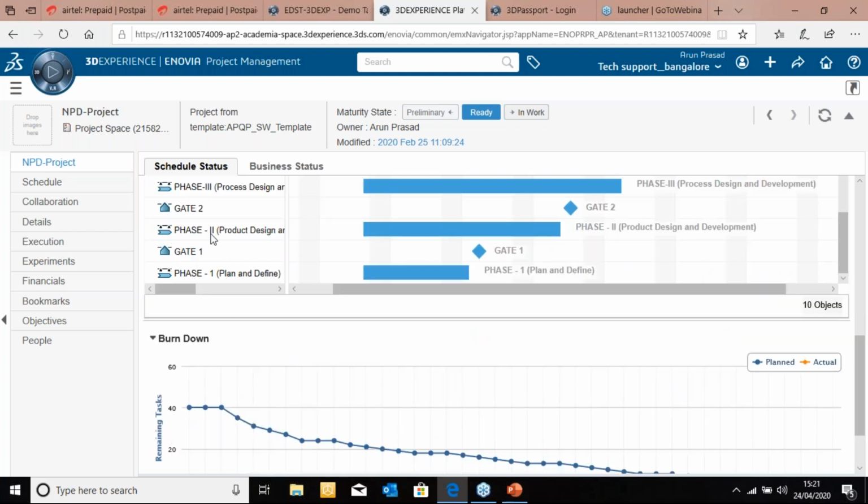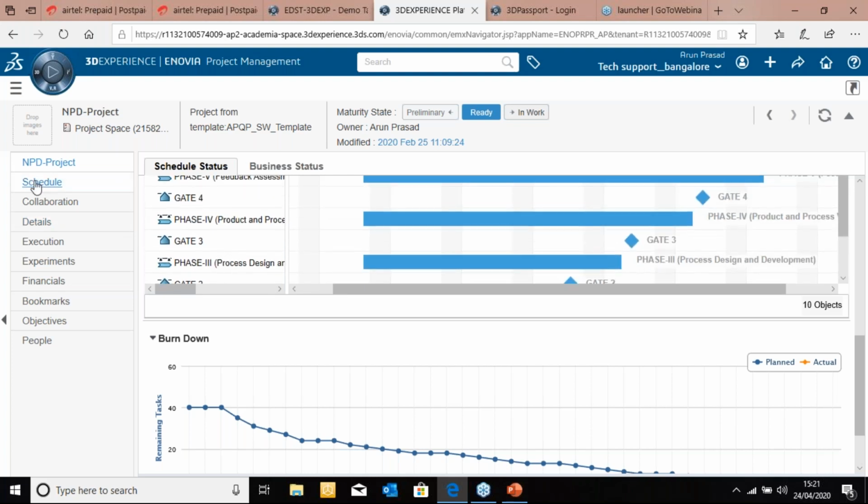So that is where I was just mentioning, no matter wherever you are, no matter whatever the situation is, like what we are in now, we are locked down due to the COVID situation, but still we should have access to the project deliverables. We still have to have access to my office related activities and tasks, and that is all possible when you have a system like this, which is a 3D experience platform.